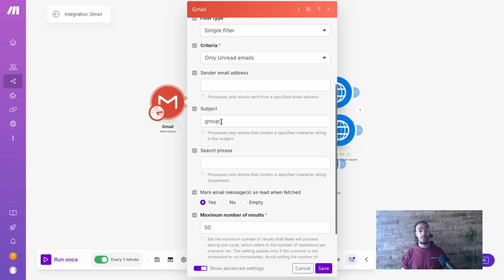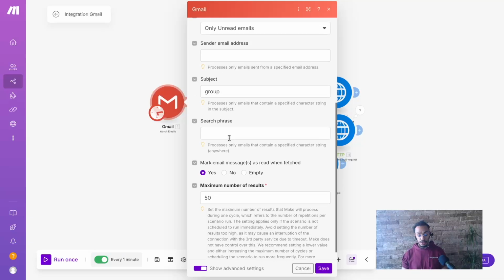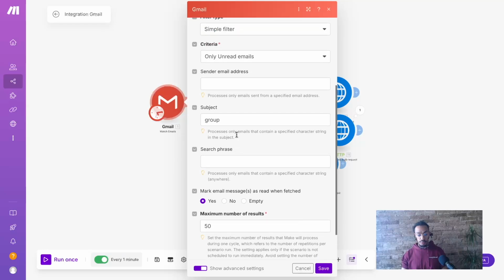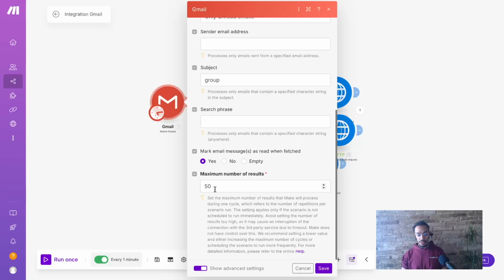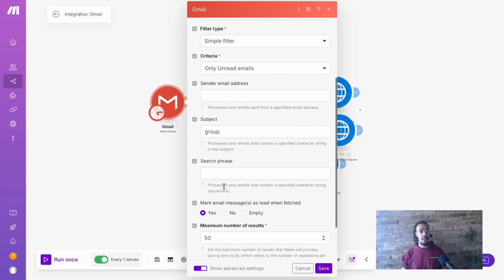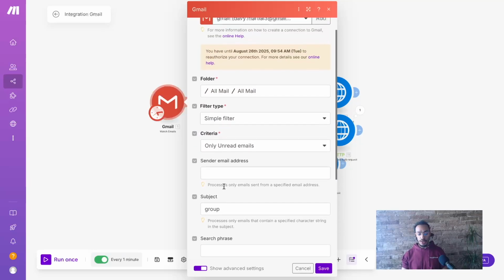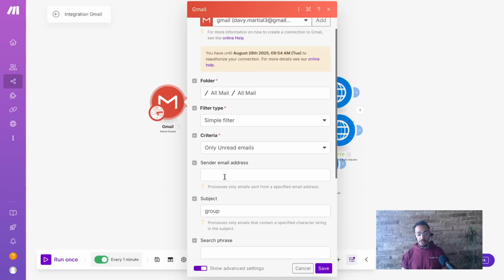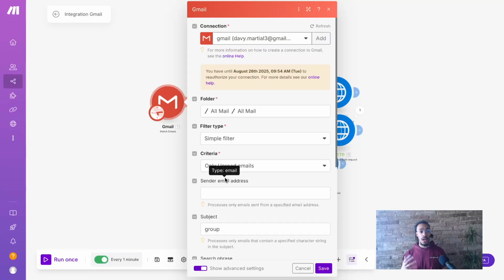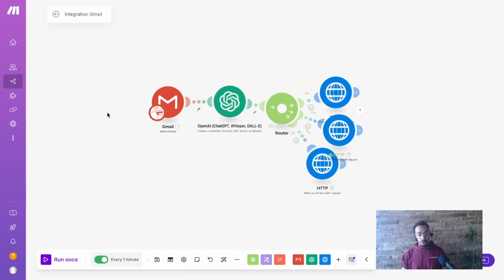Here you can adapt whatever subject you want, as long as you have a common pattern between every important email that you can use as an element to filter your different emails. Then I just set up a limit of maximum number of results, which is 50. Obviously, depending on your case, you might want to increase this limit or reduce it based on how you will operate it. Once we have the webhook, which means that we will flag every time an email comes in with this particular subject,